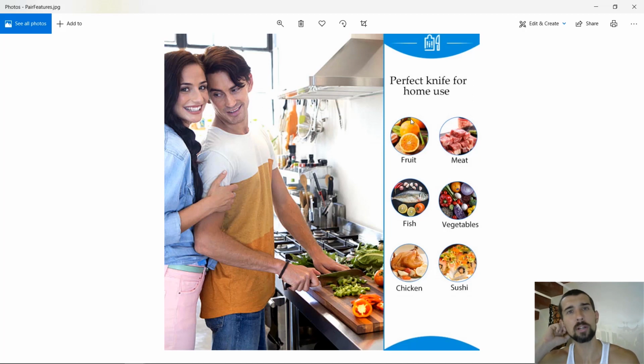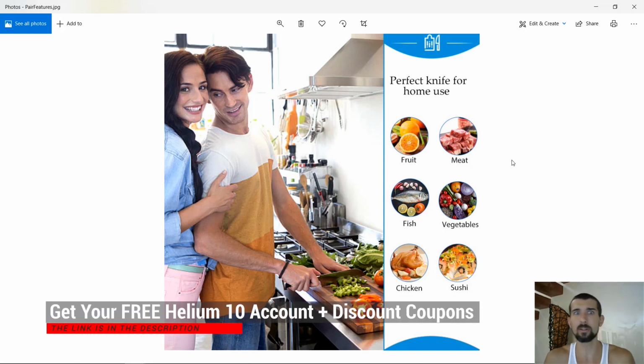Why is it good to have models inside the pictures? Well, because of perceived value. When we have humans, we're humans, right? So we are connected to other humans, we see them, we can picture ourselves using that. Again, if your ideal customers are couples at home in this age category, then that's going to work better for them. But even if you're a single dude or a single girl that buys this knife, it still can be pretty good.